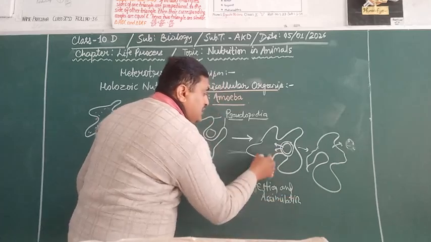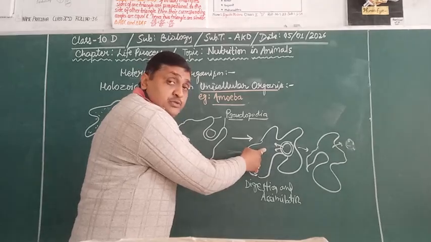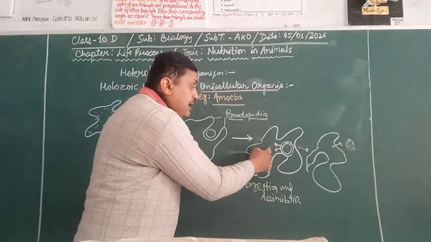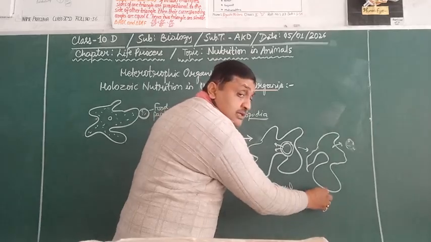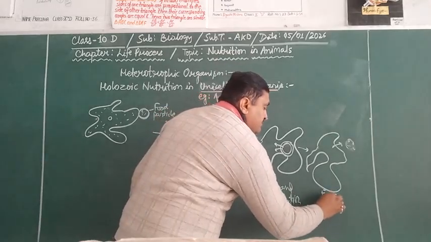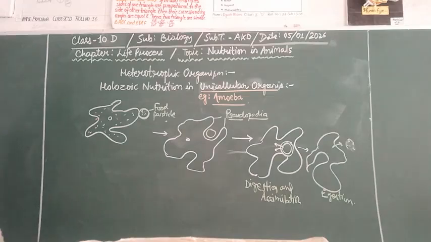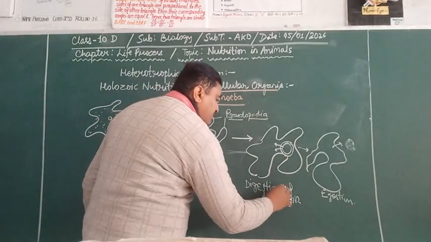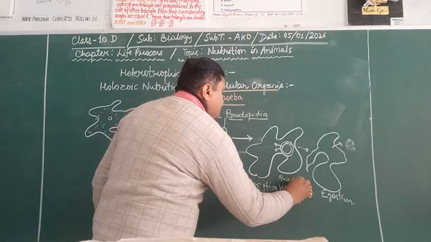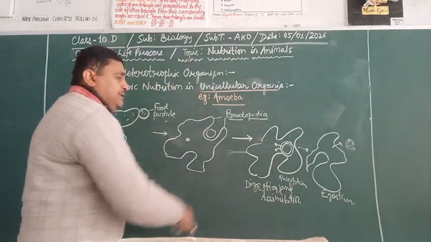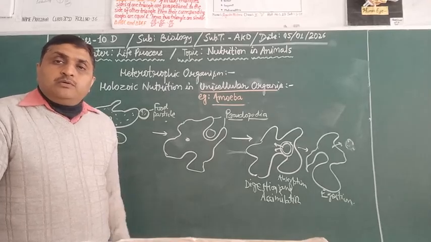In that process there is digestion, and after the digestion there is utilization of the food material, and after the utilization energy is produced. That is the assimilation process, and after the assimilation the undigested food material that remains is removed from the body. That is known as egestion. So in that stage there is digestion, absorption and assimilation. These are the stages involved in